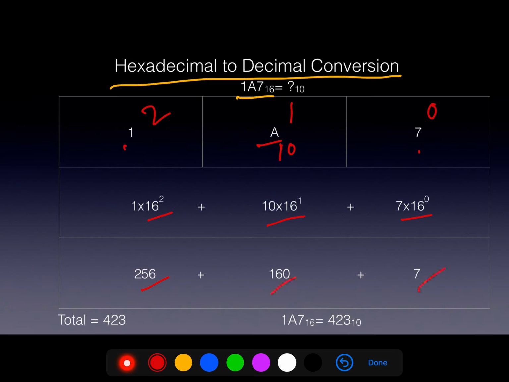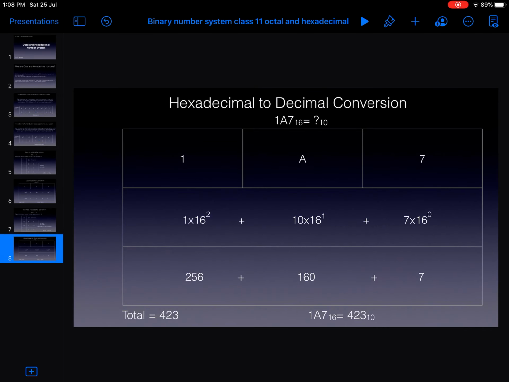When we sum all three, 256 plus 160 plus 7, it comes back to 423 again. This way we can prove our answer as well. I hope you understood how to work with hexadecimal and octal numbers. And this is the end of our